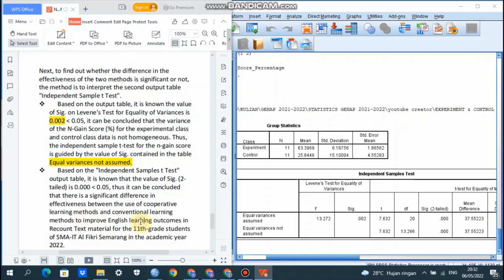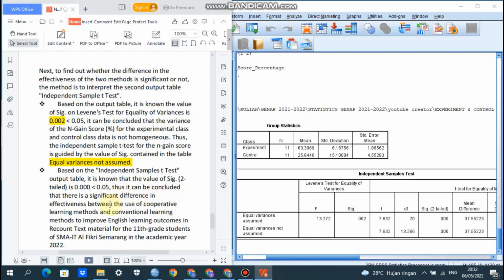0.000. So based on the independent sample t-test output, it is known that the value of significance two-tailed is 0.000. It is less than 0.05.